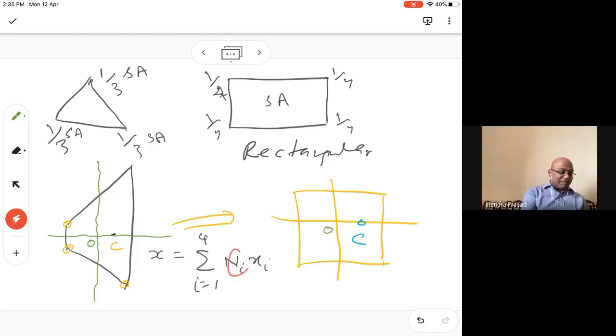Because our shape is bilinear, no? Shape function is bilinear, means two lines multiplied. You got it? So this way we are not disturbing anything. If you say we are going from here to here, we have exactly the same x. So if point x is, let us say we have to divide from here to here.